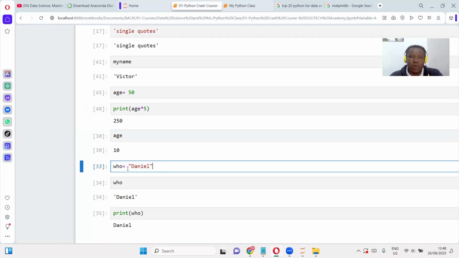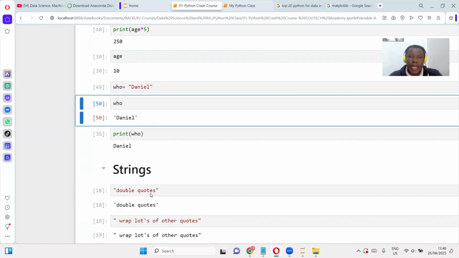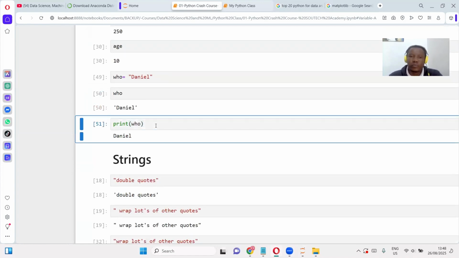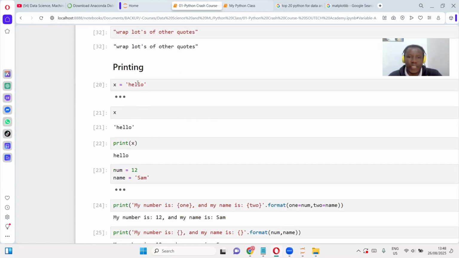Okay, so I have another one, who. It's Daniel, so this is a string. Then I can now say print who, right? It's going to print Daniel. Then another thing is strings. So you have strings, you can use single quotes, you can use double quotes. Then you can also print, and when you are printing, you have a string here,